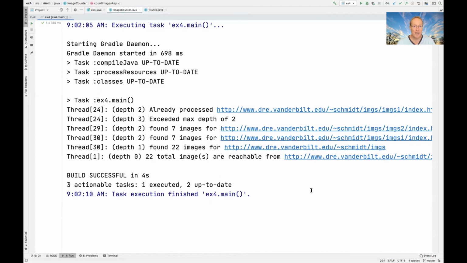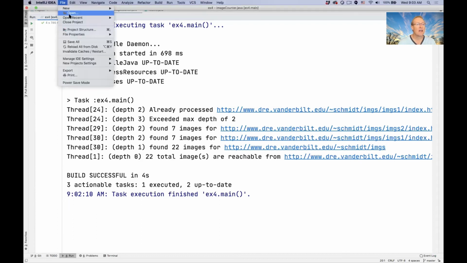What we're going to do next is take a look at how to do this with completable futures, and that'll give us a chance to compare and contrast the 2 approaches. All right, so let us see if we can find